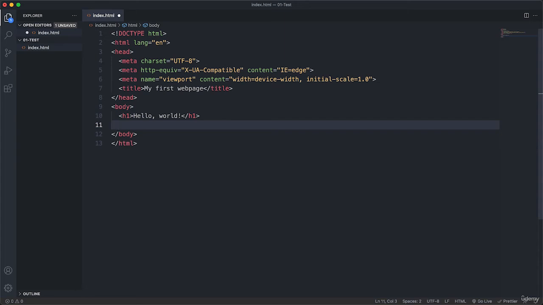Next, let's try another one. So again, this less than symbol. Now let's try P, which stands for paragraph. And then again, VS Code automatically closes the paragraph for us. So let's say my name is Jonas, and you will of course use your own name. And this is my very first web page. Okay, now we can give it a save by hitting Command or Control S,